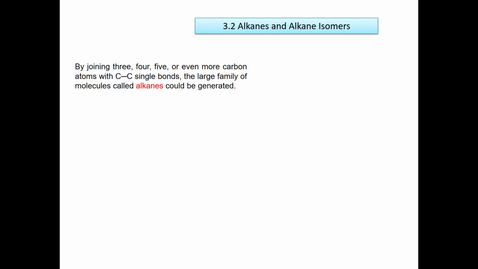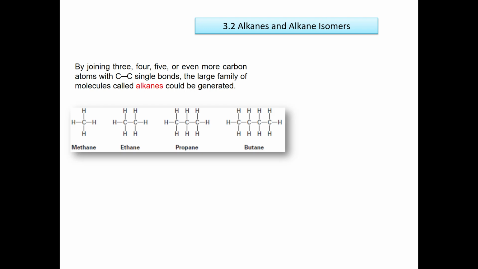Alkanes and alkyne isomers. By joining 3, 4, 5 or even more carbon atoms with C-C single bonds, the large family of molecules called alkanes can be generated. Here you have an example. For example, with one carbon it's methane, two carbons ethane, three carbons propane, four carbons butane. Alkanes that don't have any other functional group are described as saturated hydrocarbons,